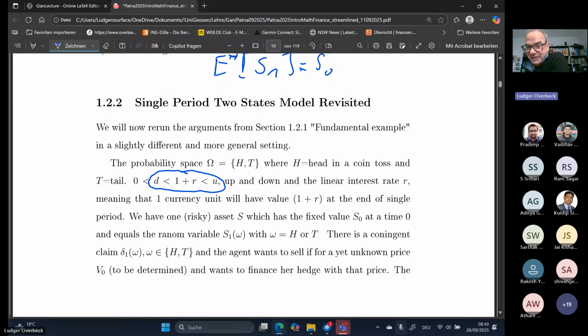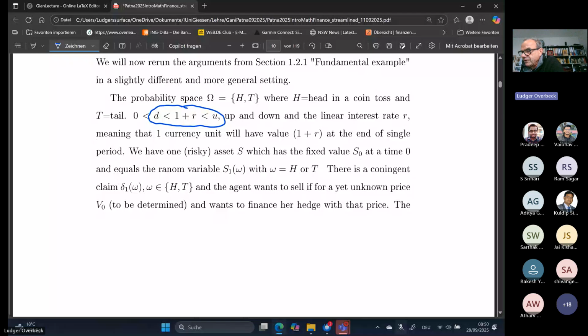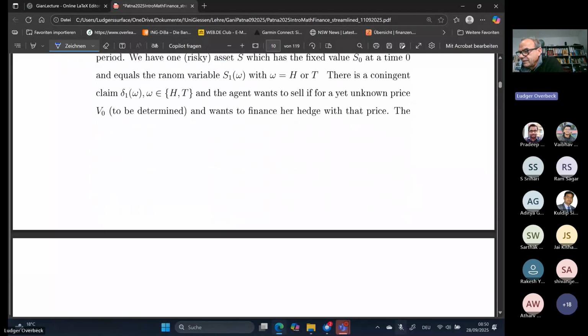So there is somebody, usually the government, that at least a government bond will pay the promised payout, your nominal, back. So this means the market we are considering currently has no credit risk on the bonds. The bonds are always paid according to the interest rate. Okay. And the contingent claim, that is now more general, depends also on going head or tail, up or down, however you want to call it.